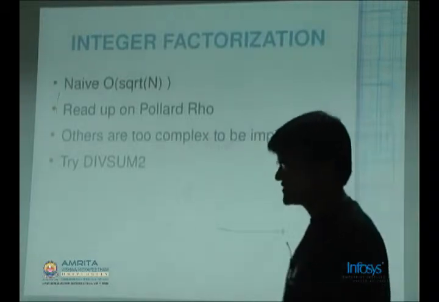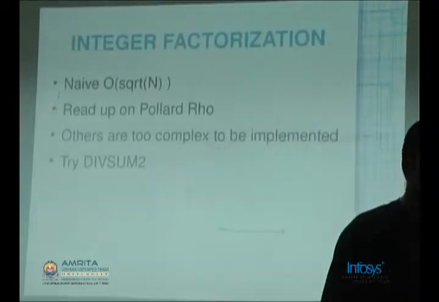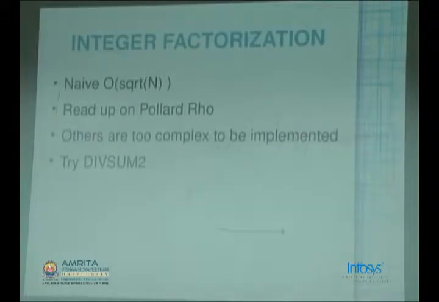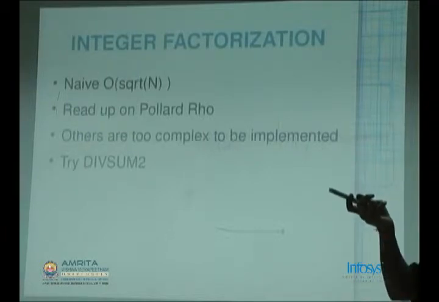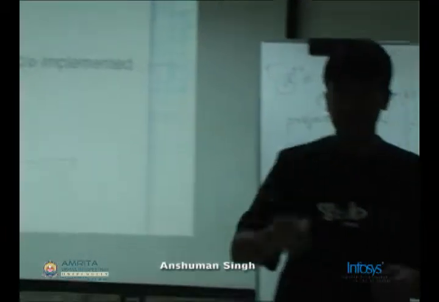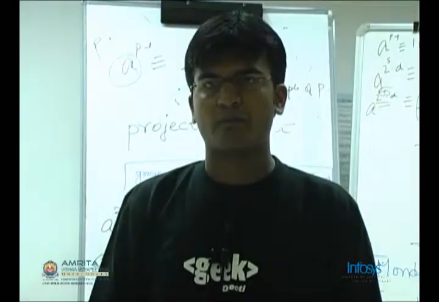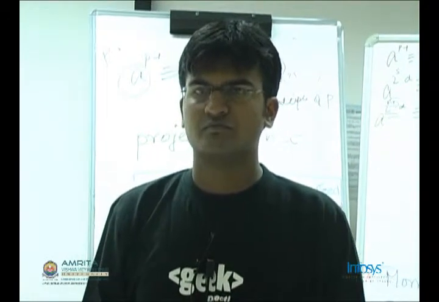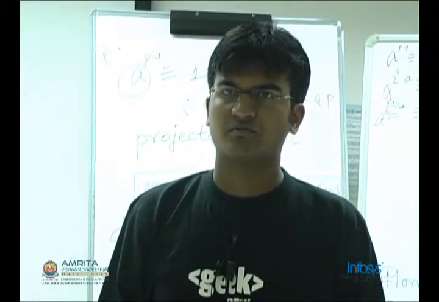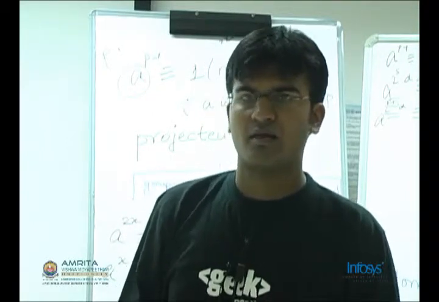Okay, now approaching a different problem. This is a problem of factorizing an integer. Again, I hope you already know what a square root solution is. Anyone? Would anyone volunteer? Yeah. Look at all the primes until square root n and keep dividing them until the highest powers of each prime, and then you'll have a remaining number. If the remaining number is 1, then this is your factorization. Otherwise, that should be a prime.